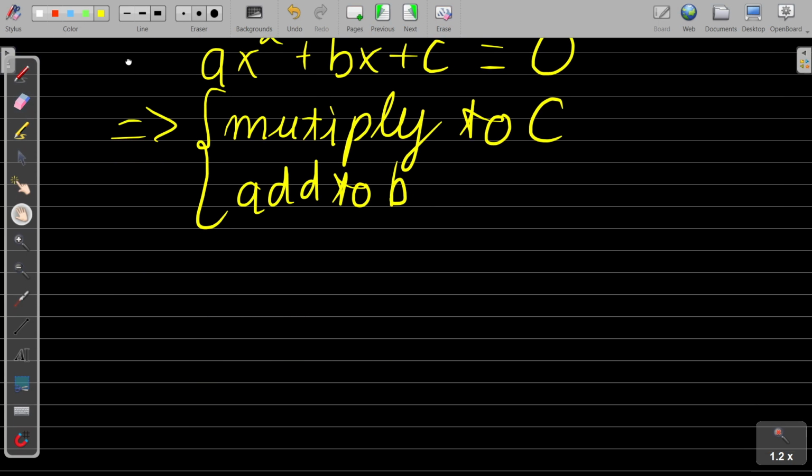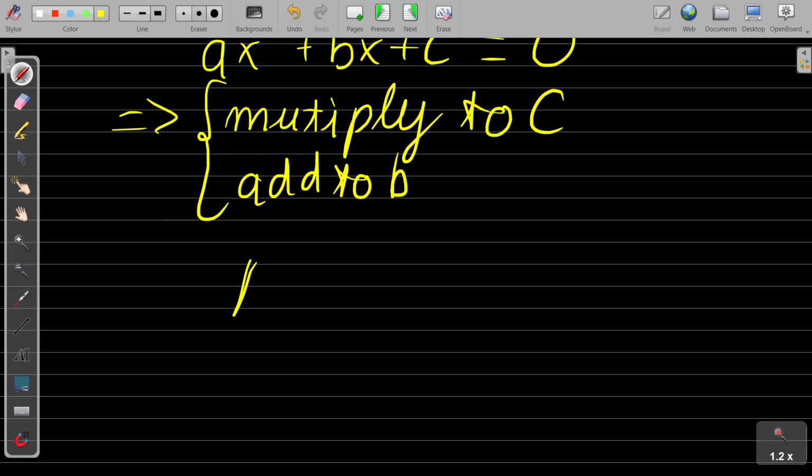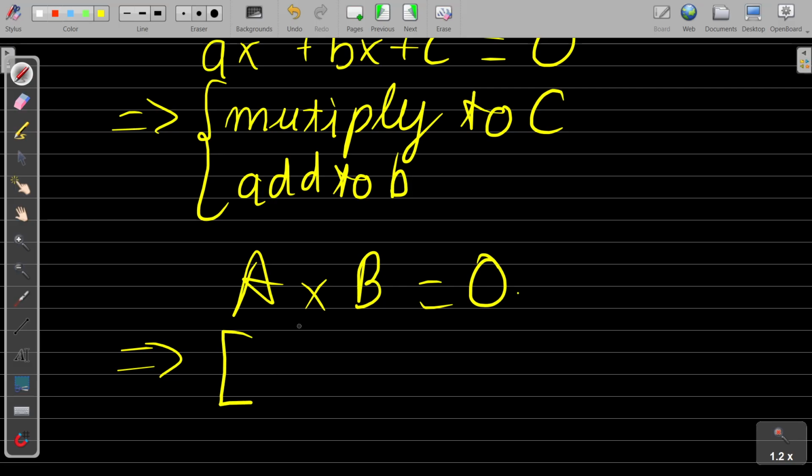After we factorize into a form of (A)(B), then we have to immediately have a habit of thinking A equals 0, B equals 0, because if the product is 0, then at least one factor must be 0